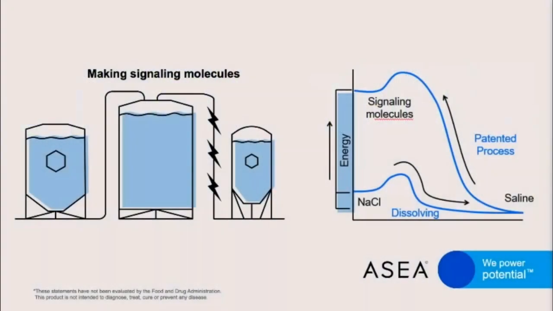So with our patented process, we push the ball back up the hill, so to speak. But we don't want to go back up to the same hill, we want to go to a different hill, a hill of higher energy, the hill of signaling molecules. Now there on the left of the graph, you can see we have energy on the y-axis. In redox chemistry, energy is called redox potential.